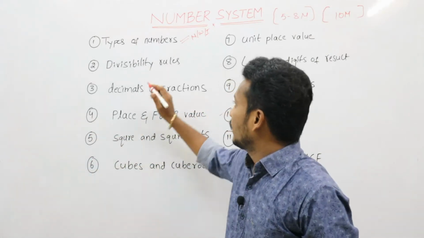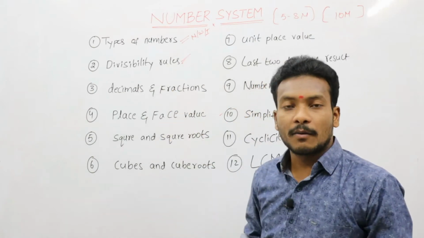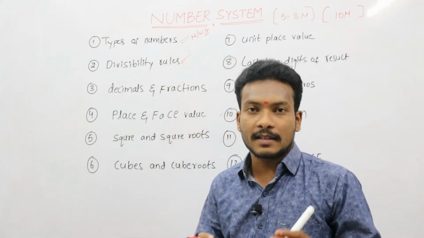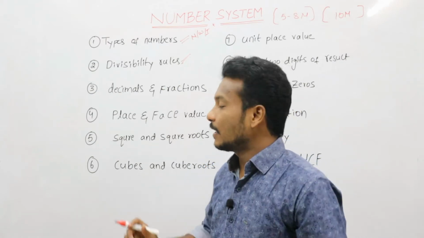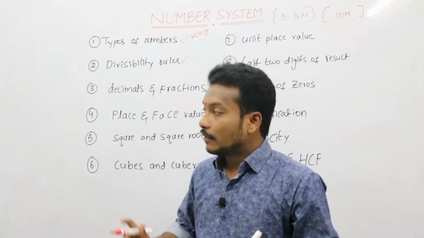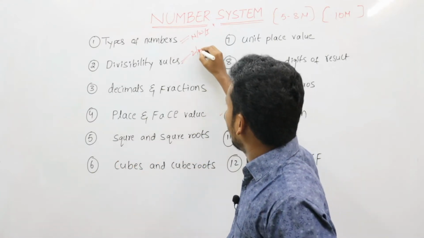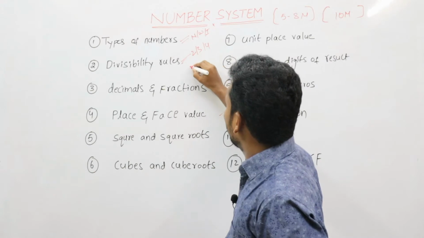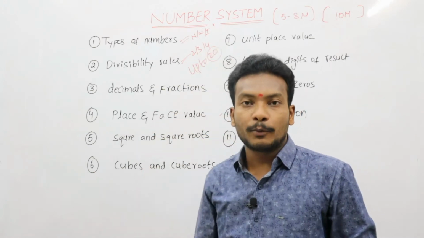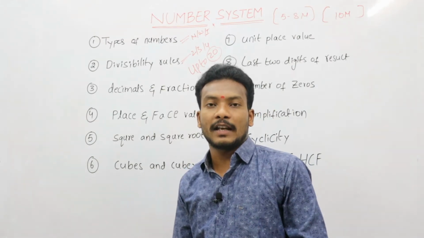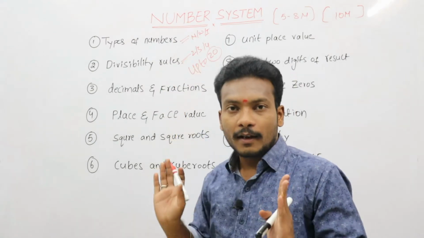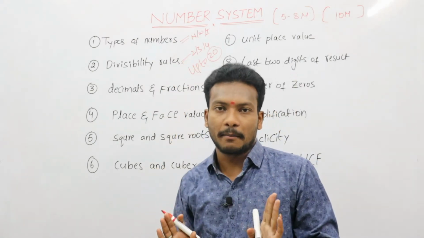Next, move to the divisibility rules. What are the uses of divisibility rules? Whenever a number is seen, for calculation purposes we have to take it in a fast way. That is the divisibility rules for 2 or 3, 4 up to 20. In our video, up to 20, that is 1 to 20 numbers we are discussing. What are the divisibility rules for 1 to 20 numbers?